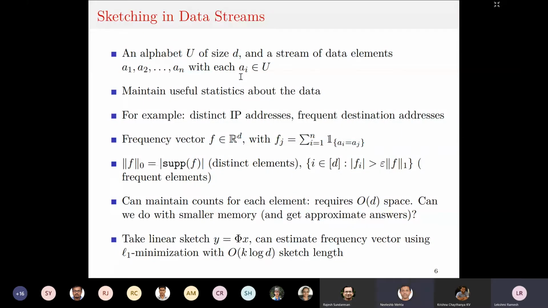Okay, thank you. Hi Nilesh, what is k here? This was for this problem of finding frequent elements. The frequency vector will be something that has k very large entries and all the other d minus k entries would be small. So this is roughly similar to the sparse vector case, but with k large entries and all the other entries not exactly 0, but some small value.